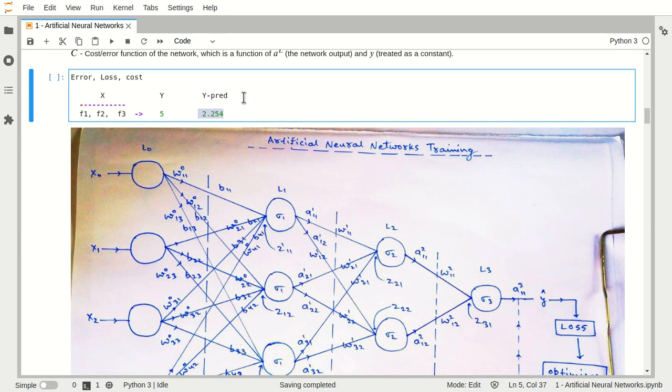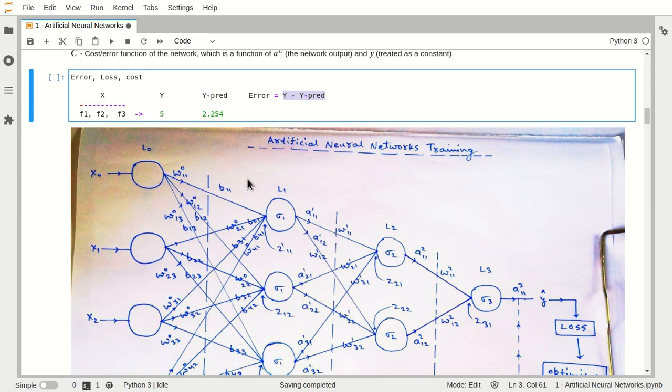And then what do we do? Then we calculate some kind of error, and this error will be Y minus Y predicted. So you are calculating the difference: our model is making predictions, but they are not near, not similar to the original value.